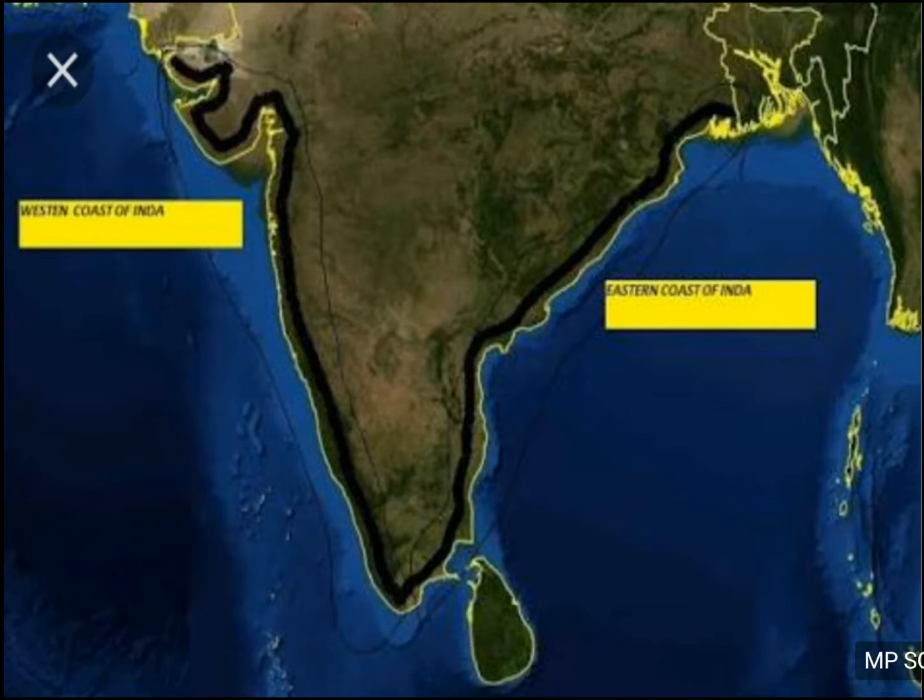The Western Ghat is there, and after India what is there? The ocean is there. That ocean is the Arabian Sea. In the western side we have the Arabian Sea. The western coastal plain lies between the Western Ghat and the Arabian Sea. That's why it is like a sandwich.